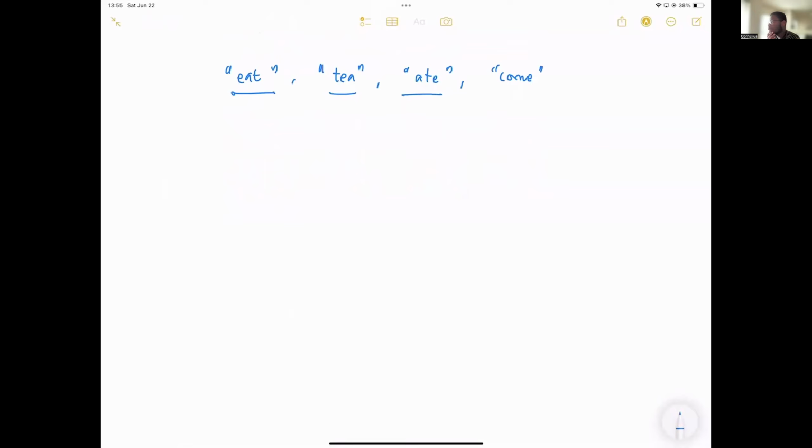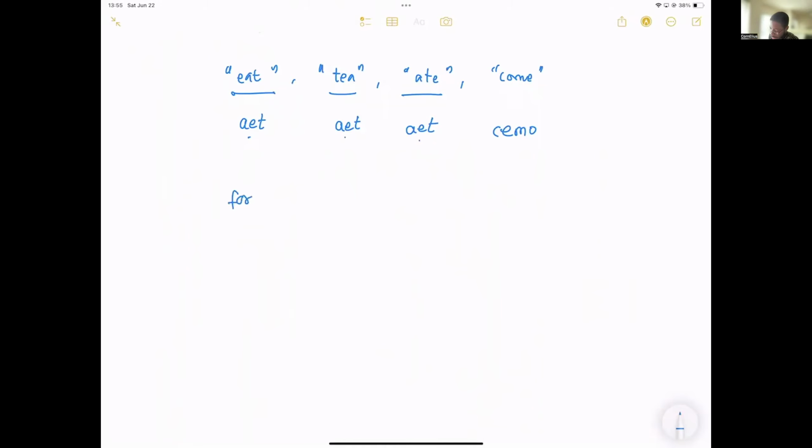But how do we translate this into an algorithm, into code? Well, we look at it, we're like, they contain the same characters, but how? One way we think about this is this. What if I sort all the characters? Well, sorting has a fixed order, right? If I sort eat, A comes first, then E, then T. If I sort tea, I get this. If I sort this, I get this. If I sort come, I get C, E, M, O, right? So realize that the ones that are anagrams, when you sort them, you get the same things. That is cool, right?